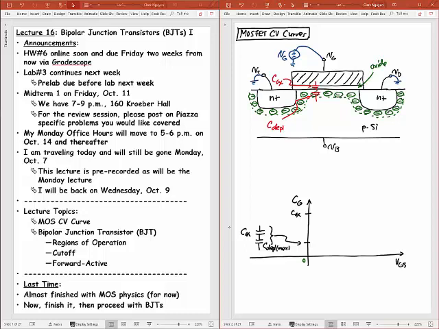Let me write that up here. So if I take Cox in series with C depletion, that's going to be equal to Cox times C depletion divided by Cox plus C depletion. It's like the parallel combination.